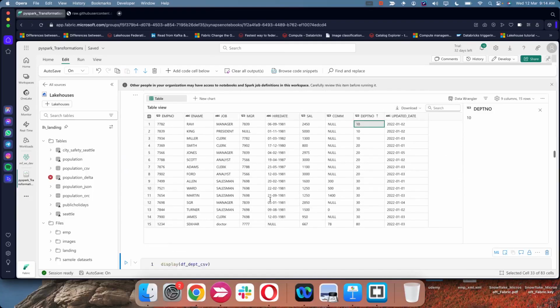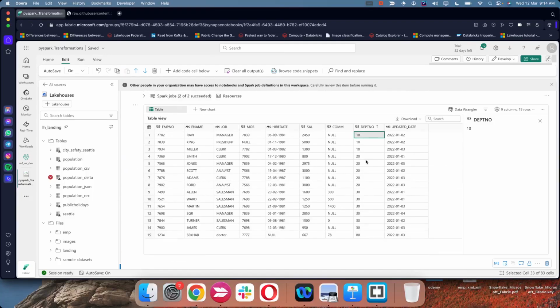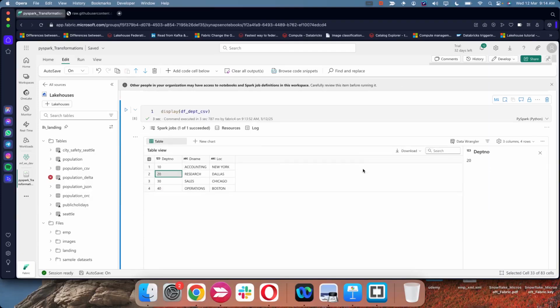So if I'm looking for employees and their departments, there's two tables. The common column is department number. So if you want to join a data set, you need a common column. So here we have a common column as department number. So using this department number, we can go and